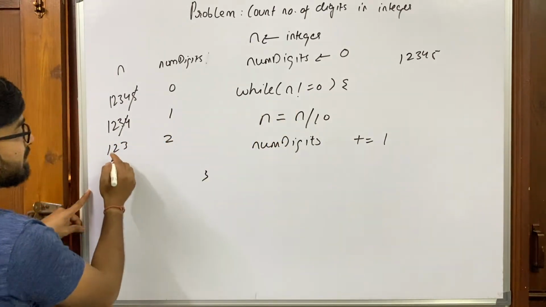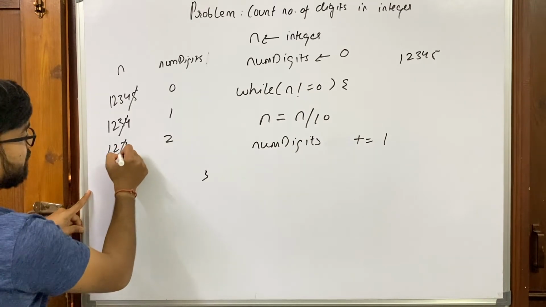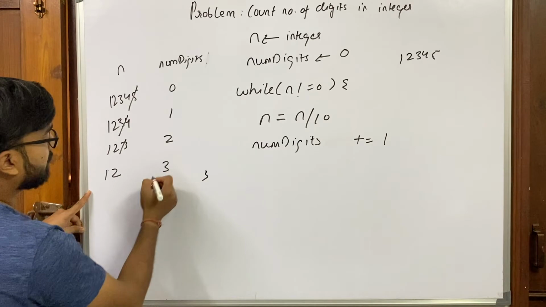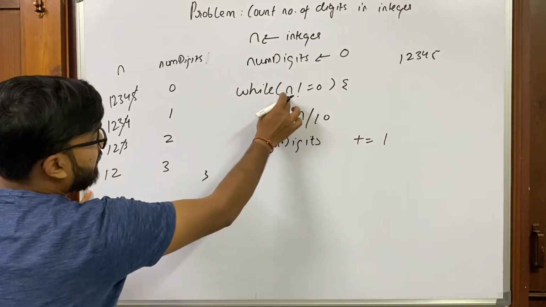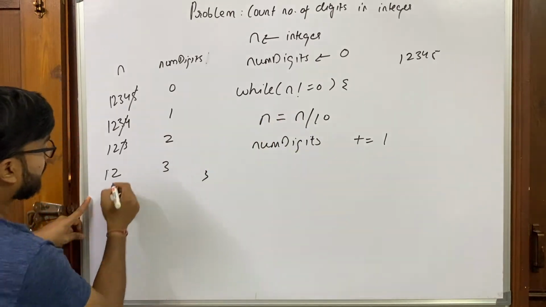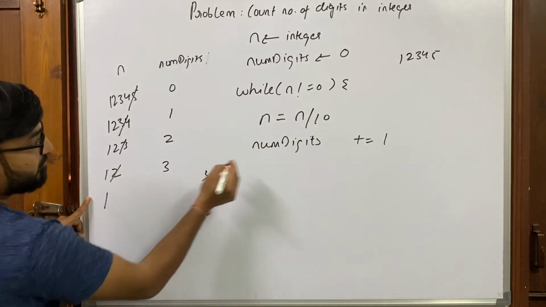Check while loop condition again, n is not equal to 0 is true. We lose this. We get 12. Increment num digits by 1, we get 3. Check while loop condition again, n is not equal to 0, 12 is not equal to 0 is true, we come inside, n is equal to n by 10, we lose this, 1 is left, we increment number of digits